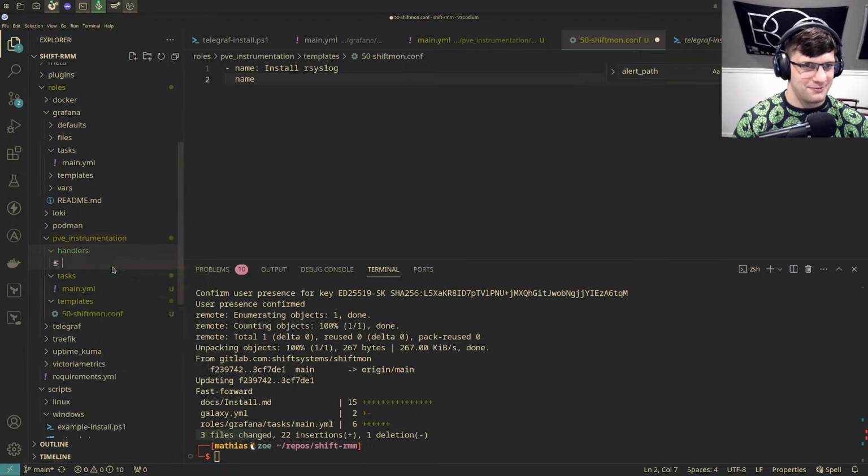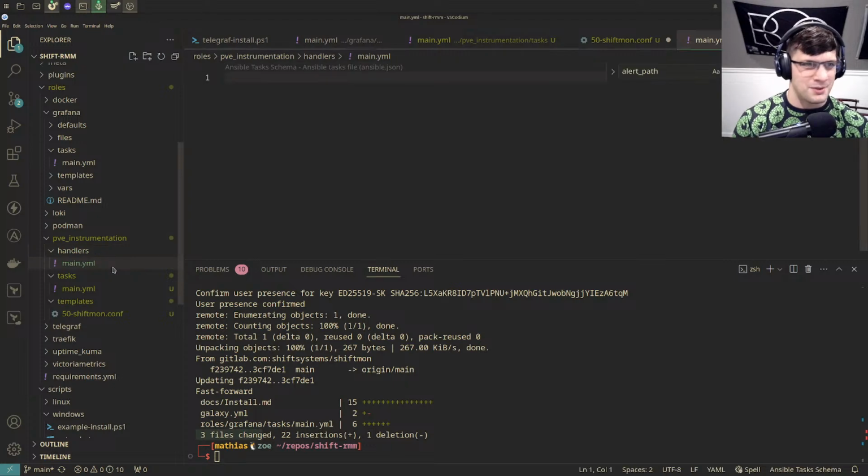New file, main.yaml. So I have to use a handler for this one, which is Ansible's way of basically, these are conditional tasks that get called inside of tasks. In this case, we don't want to bounce our syslog every time that we deploy, because we don't want to unnecessarily cause logs to not flow. So we would do restart our syslog,